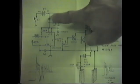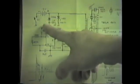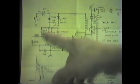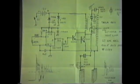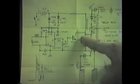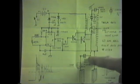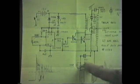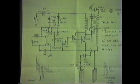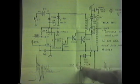Now, we've used a diode to isolate the 555 timer in here, which feeds the plus potential of the 555. And that was just a standard diode, 1N4004. And it's filtered by a 1 microfarad capacitor to keep the high frequencies out. Now down here off the collector, you see that this line comes out and goes into a capacitor. Okay, this capacitor can be anywhere from 3 microfarads to 5 microfarads, but it has to be a non-polar capacitor, like a Teflon wrap or a Mylar, any of those type capacitors, and it has to be at least 200